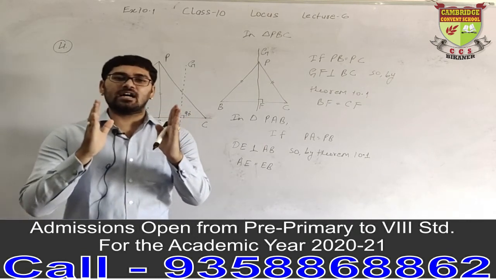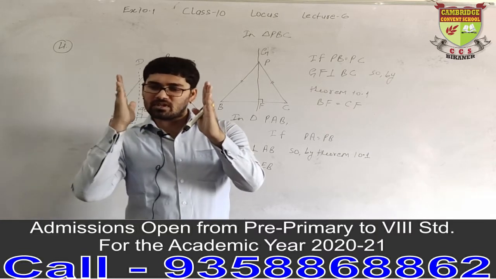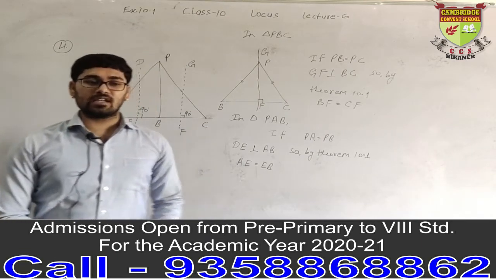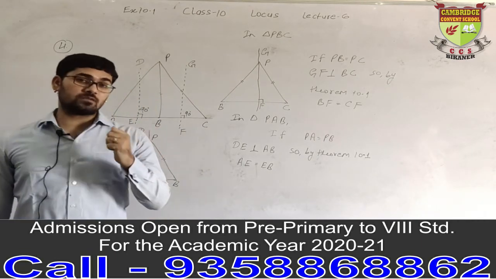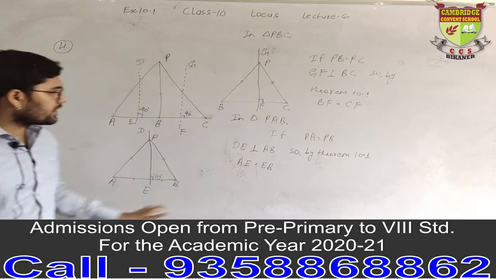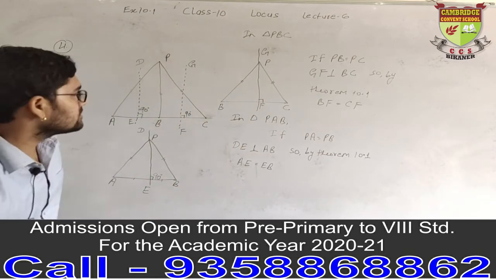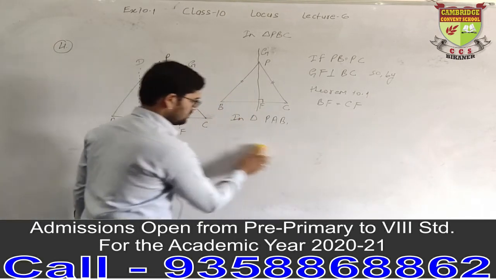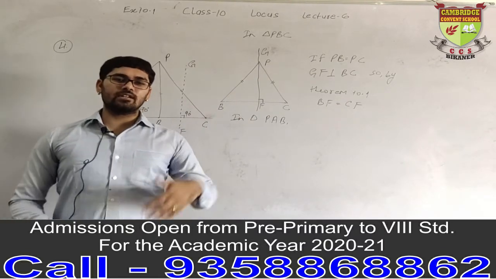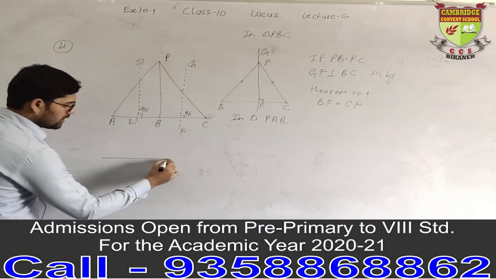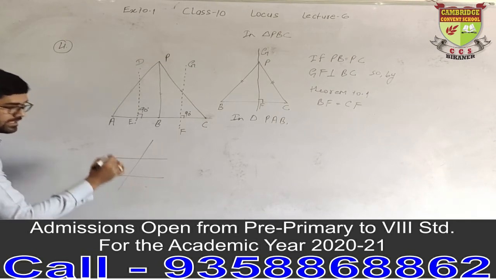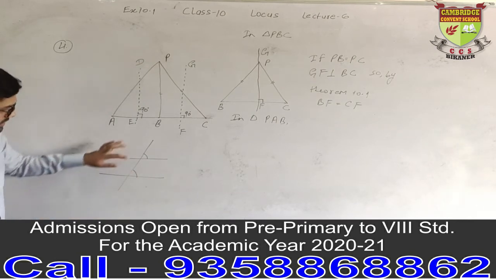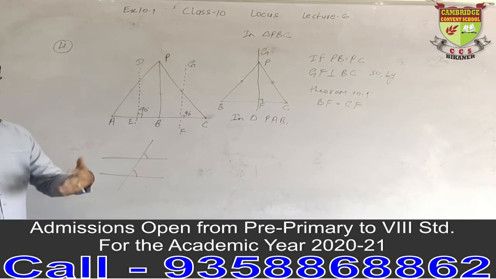And if two lines are placed in such a way that they are making equal angles in this manner, this is 90 degree and this is 90 degree, what kind of angles are those? Those are corresponding angles, right? So I would like you to write it, because I have to erase this. Likewise, you have studied in the previous classes, if there are two lines and one line is intersecting them, what is the relation between these angles? This angle will be equal to this angle. Why? Because of corresponding angles.